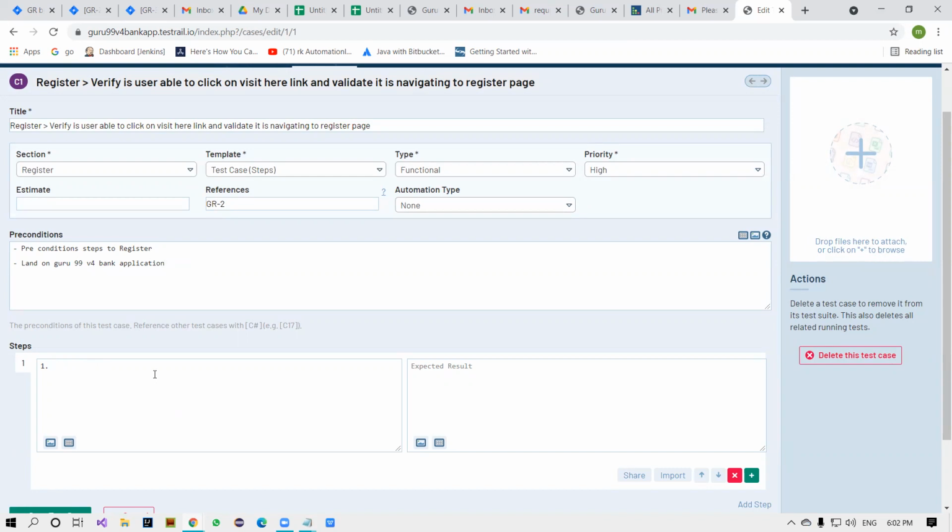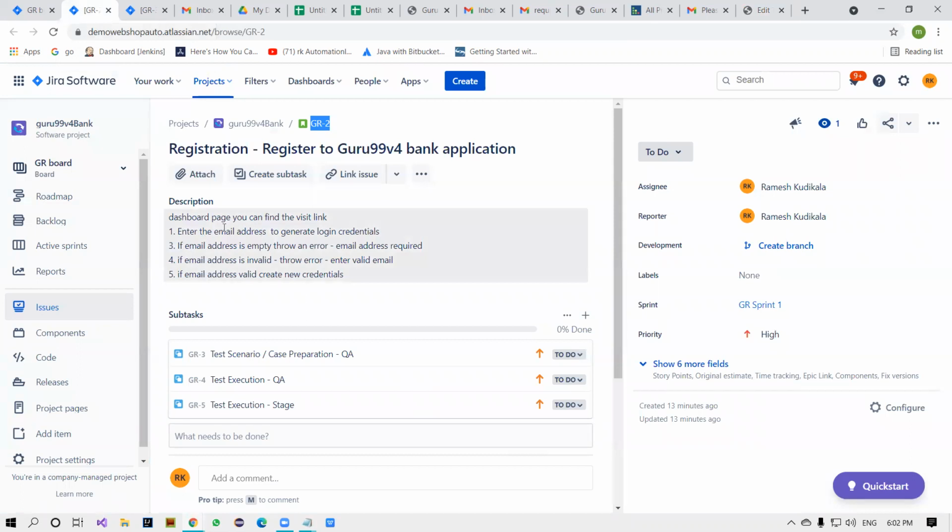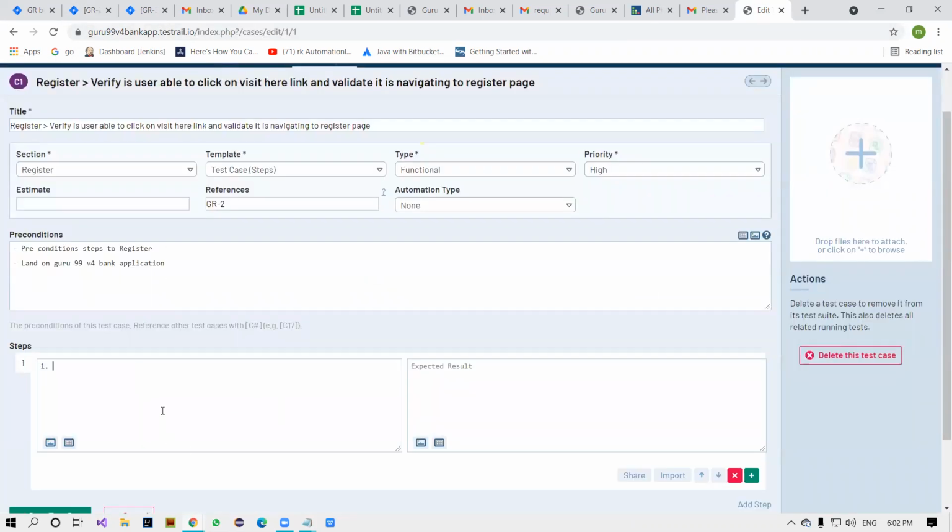Now you can write the test case based on your requirements. What is the requirements? Okay. Click on visit here link. You can visit here link. Okay. Now your step one expected results will be this is the right side is expected results, and here system should navigate to it's a register page